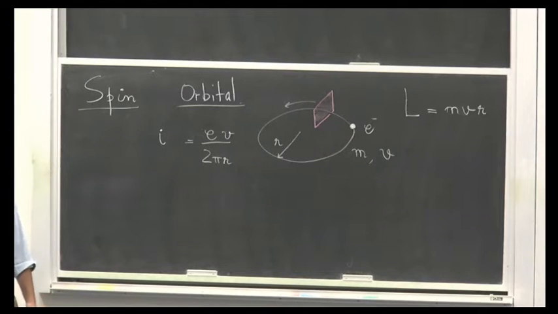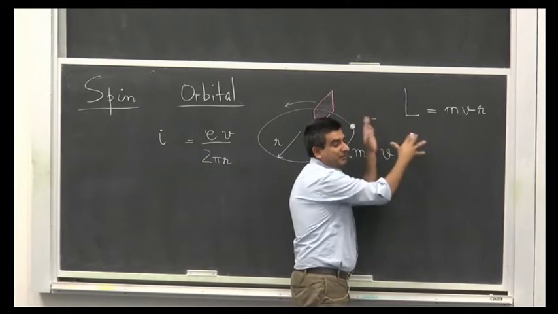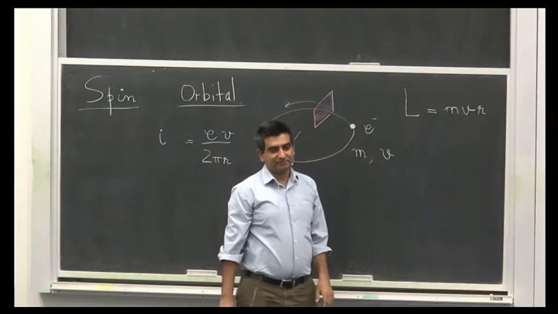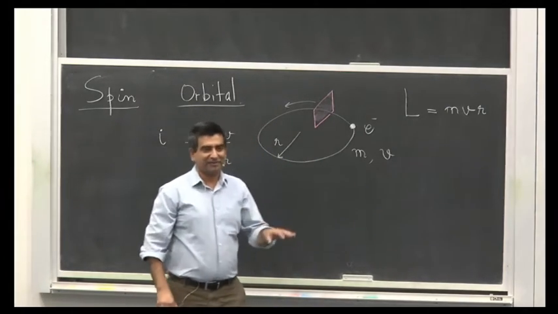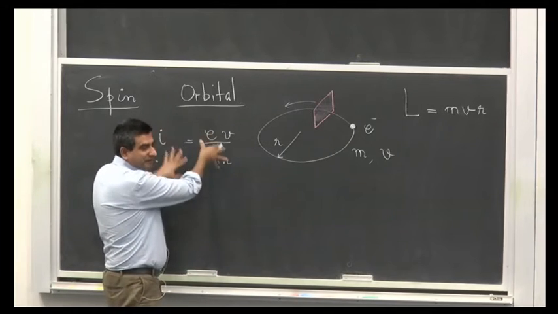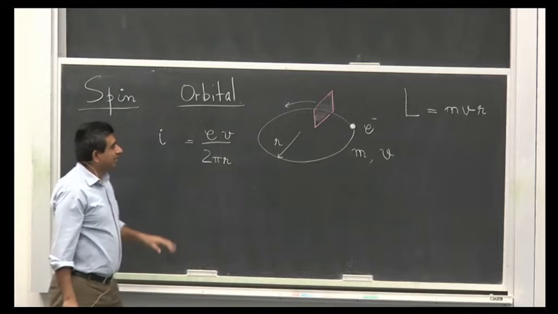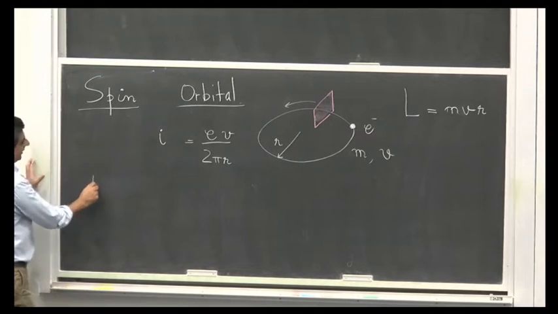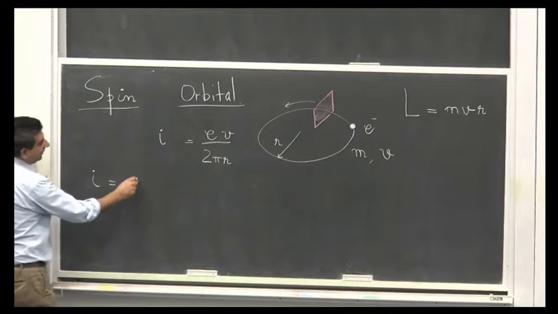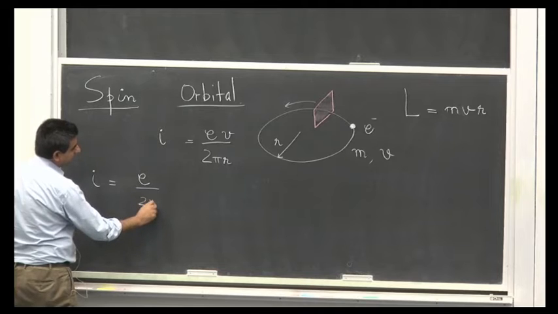Distance over speed. Now this is the charge. Now this is purely a mechanical phenomenon here. But since it's a moving charge, associated with this mechanical motion, there is some electric phenomenon that's taking place. Now if I do a slight manipulation, I take this I, e over 2 pi,